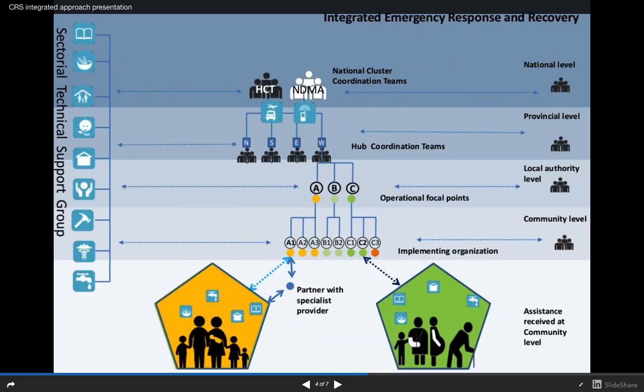It doesn't depend on technology, but obviously technology is more and more being used. I think technology may help it happen. The use of multi-purpose cash grants using singular databases, this is something we're trying to do within CRS. Instead of having multiple tools for registering people, and then another tool for doing the distribution, and then another tool for doing the monitoring and evaluation, having singular tools, more like multi-purpose platforms